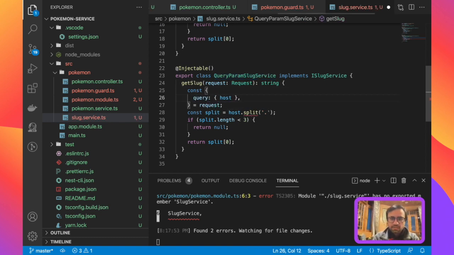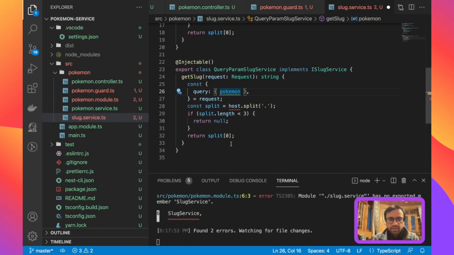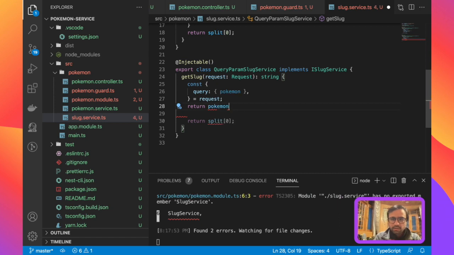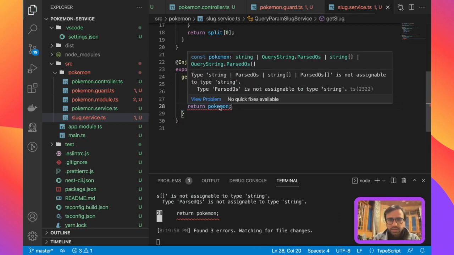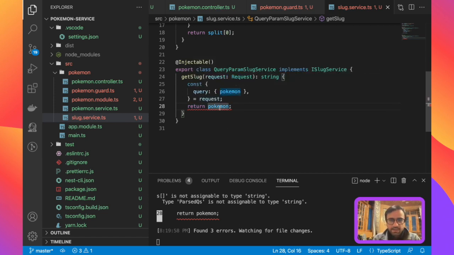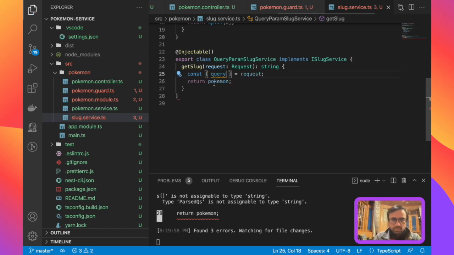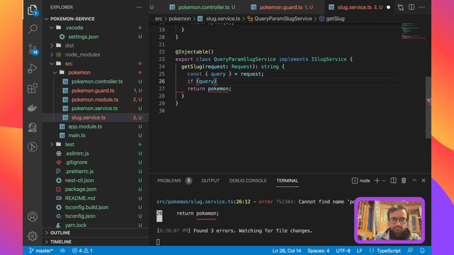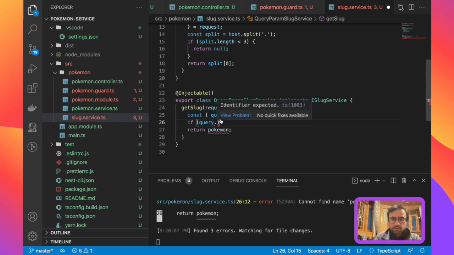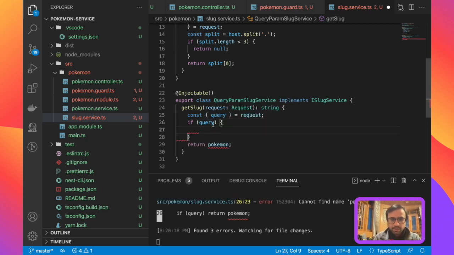One would be the subdomain slug service, and the other would be a query parameter slug service. The query parameter one would also be very simple. It would have a query, and then it would have a Pokemon like this, right? And what we will do is just return the Pokemon, and let's see if it's allowing me to return it. It's probably not, because it is not exactly. So let us do one thing. Let us just do query. Okay, yeah, exactly. So I'm not getting any intelligence here. I wanted to have some intelligence, but let's see. Okay, query is here. This is actually an object, I know that, right? What I need to do is, if